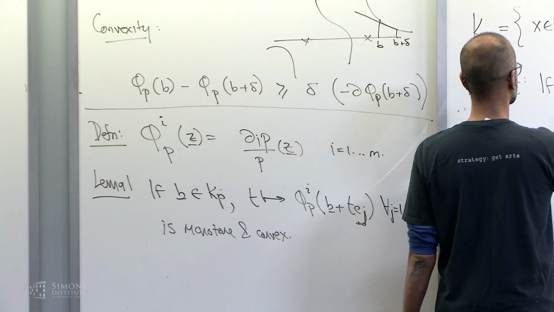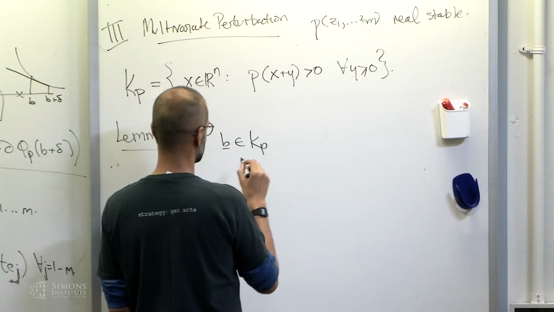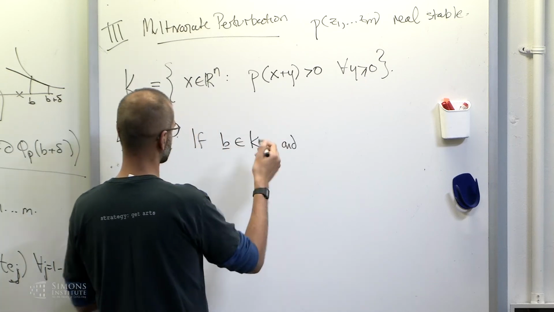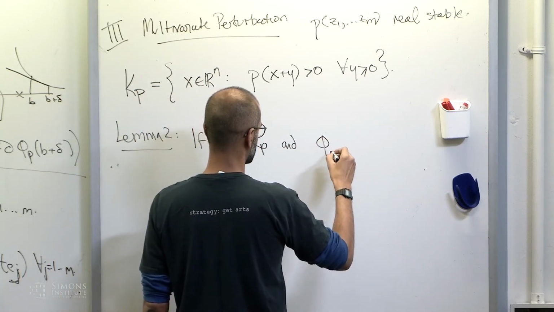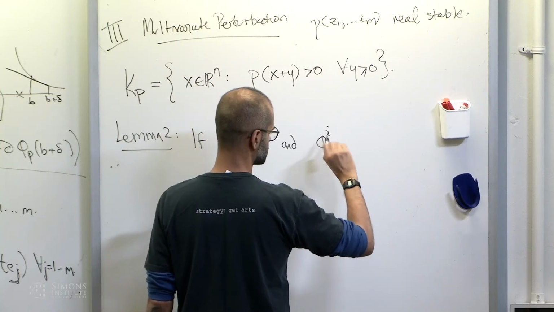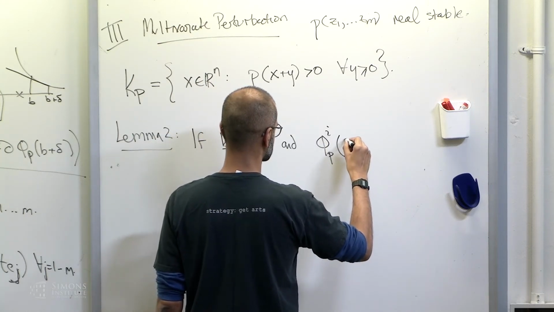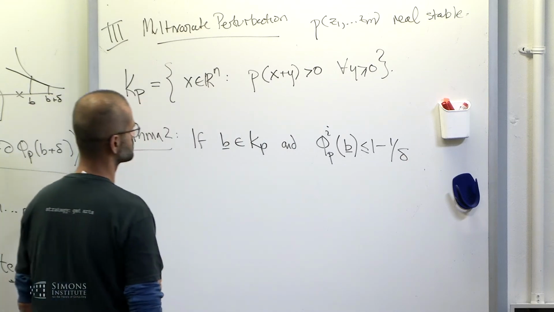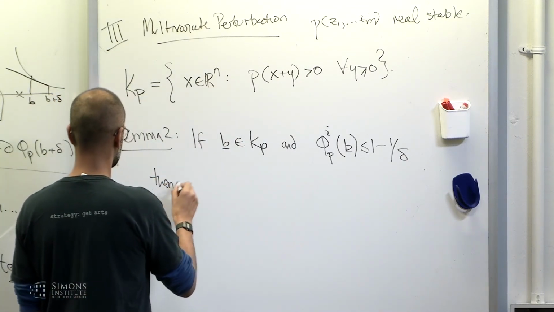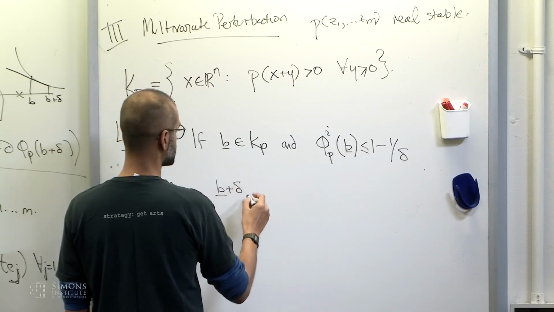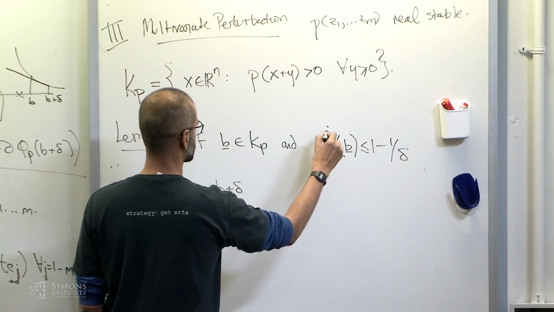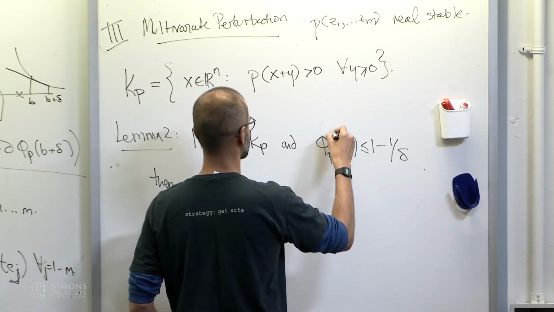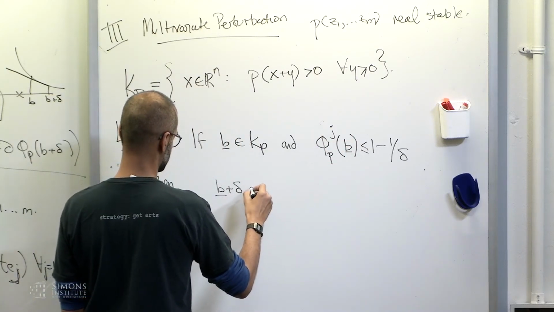If you have a point that's above the roots of a multivariate polynomial, I'm sorry, if P is stable, b is above the roots, and these multivariate barrier functions are bounded by 1 minus 1 over delta, then b plus delta e_j,